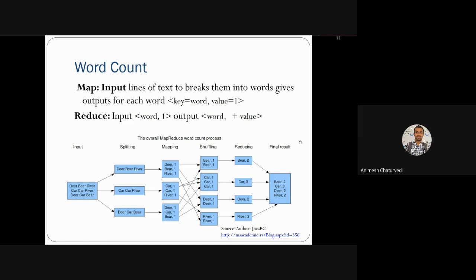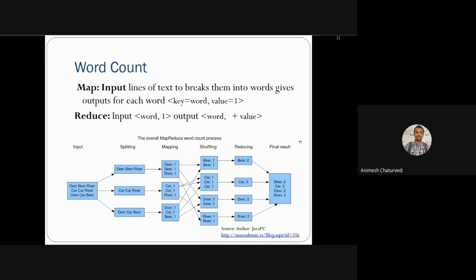Thereafter you do the reduce, meaning how many times that word has occurred. So you keep adding: value equals value plus 1, value equals value plus 1. Every time that word occurs, you keep incrementing that count. So this plus value is basically the counter for that word. Overall, you can see the MapReduce processing over here.